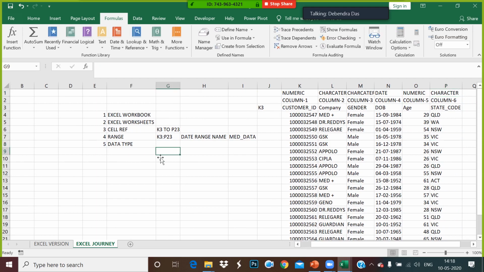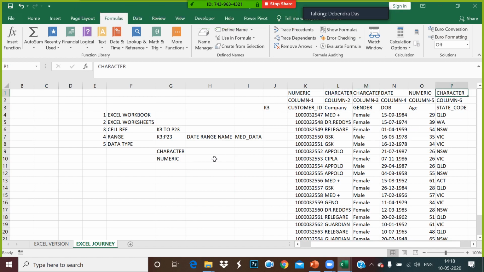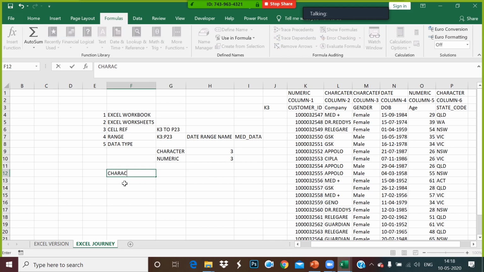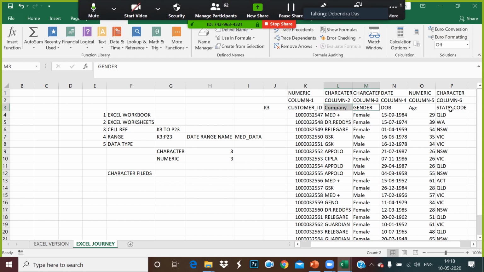Now in this data, you have both character and numeric data types. How many character fields do you have? 1, 2, 3. You have 3 character fields and 3 numeric fields. Define the character fields, which are company, gender, and state code.